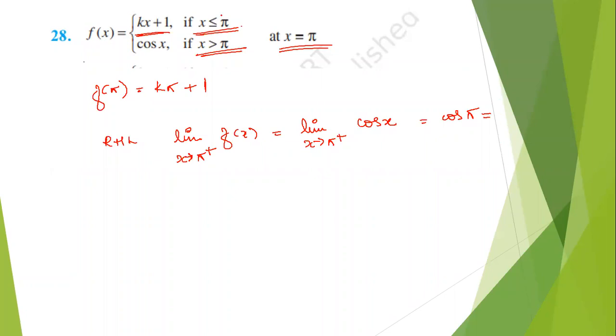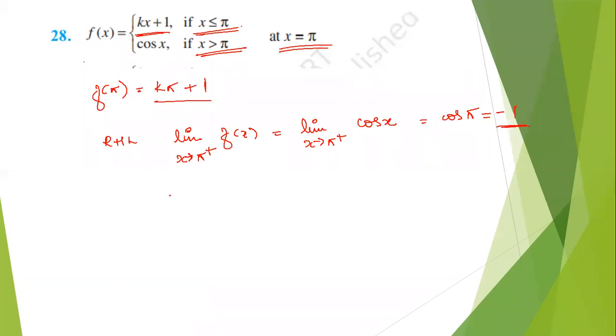Tell me first, you have learned this. What is cos of 180? Yeah, minus 1 or 1? Yeah, minus 1. Good. So it is minus 1, and one student is telling it's 0. Who is that? It's minus 1. So equate this with this.